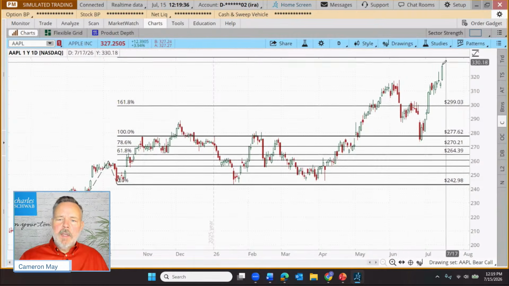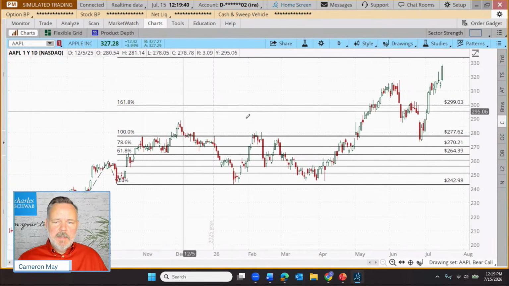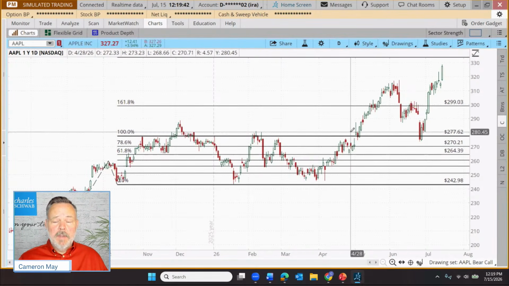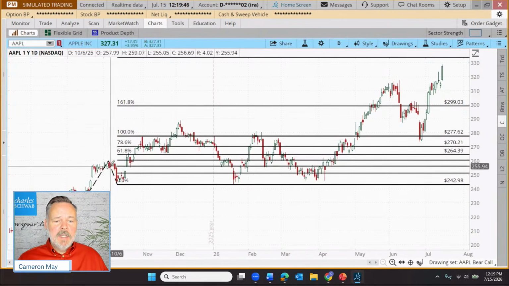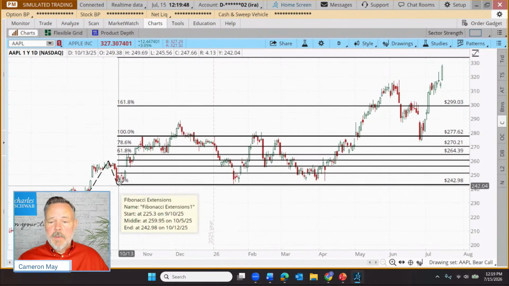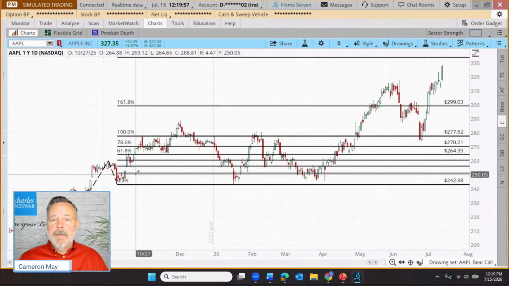And we're still working on maybe hitting a more distant extension, but it is interesting. We did get to that 161.8, but boy, it took a little bit of time. But that is how the Fibonacci extensions tool is typically used. Just remember, draw from low to low if that's useful. Click, click, click, and then the Fibonacci extension is applied.